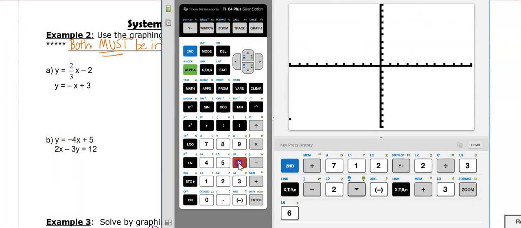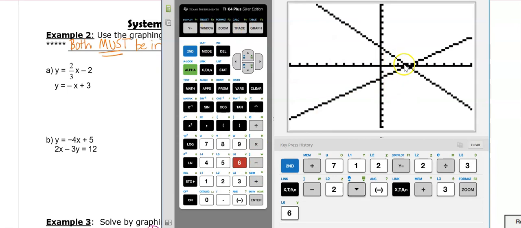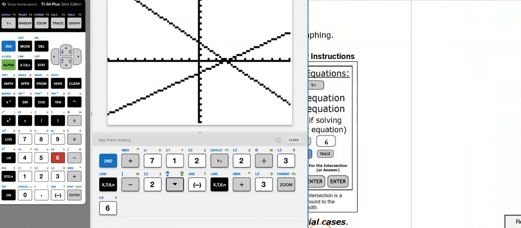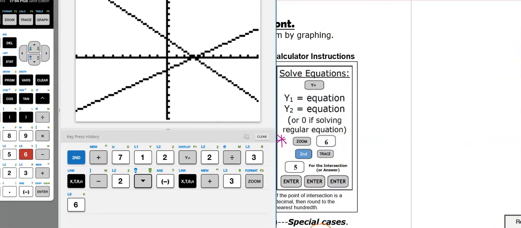Hit zoom 6. That's your standard window. And I see where it intersects right there. So I'm good. So I'm going to do the next steps. The next steps are to second trace,